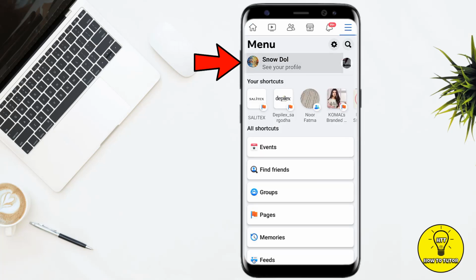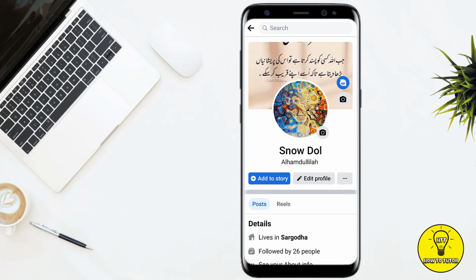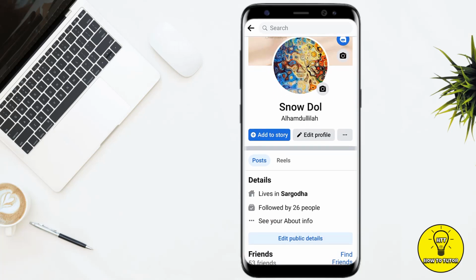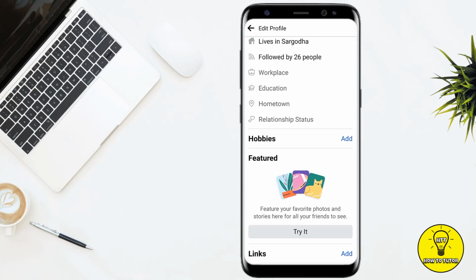Here you have to simply click on this and now you can see the option of edit profile right next to the add to story. If you guys don't see this option, then you simply have to click on these dots and the option of edit profile will be there. You simply have to click on edit profile and here you have to scroll down,